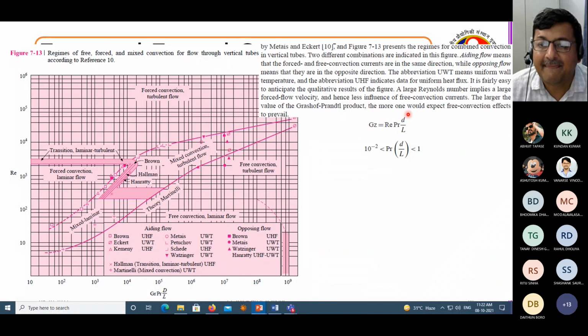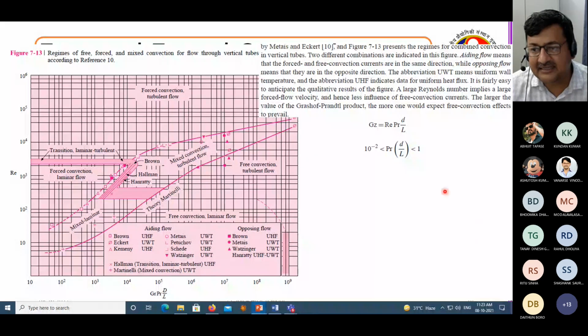The Graetz number is basically for laminar flow. It is the entrance effect. This D by L is taken for the entrance effect. You remember, right? Plug flow to fully developed flow. So the flow is not always fully developed. We are assuming a fully developed parabolic profile, so sometimes we incur error because we don't consider this D by L effect. D is the diameter of the pipe, L is the length. The fully developed flow only happens for a certain D by L.